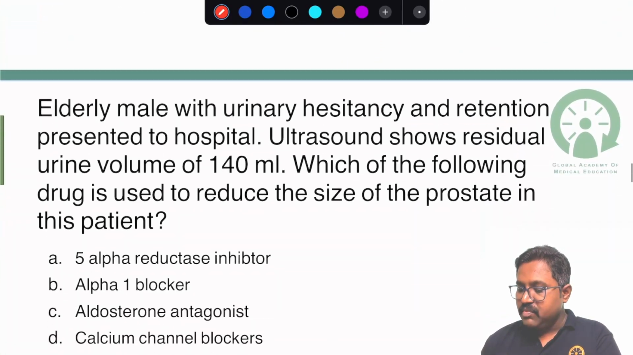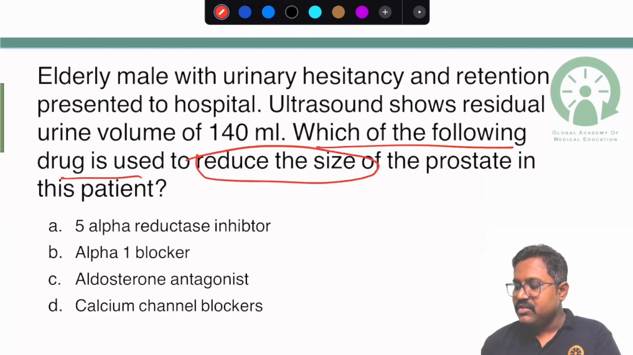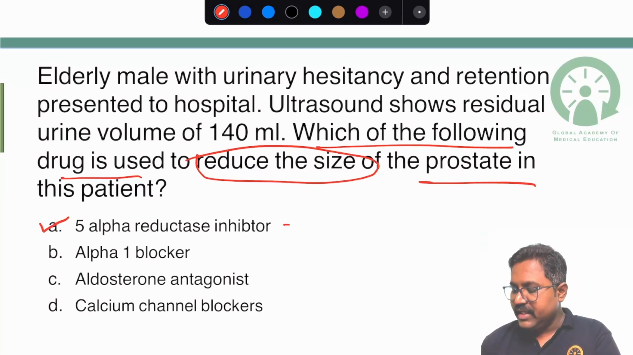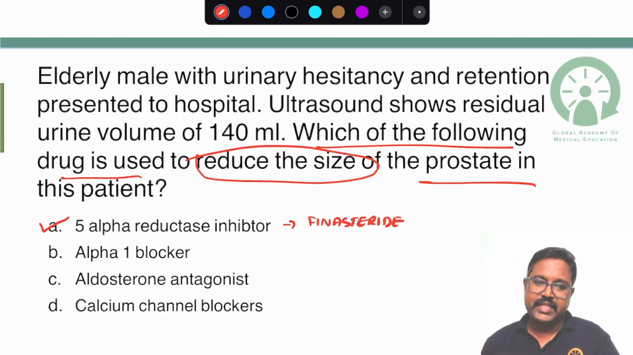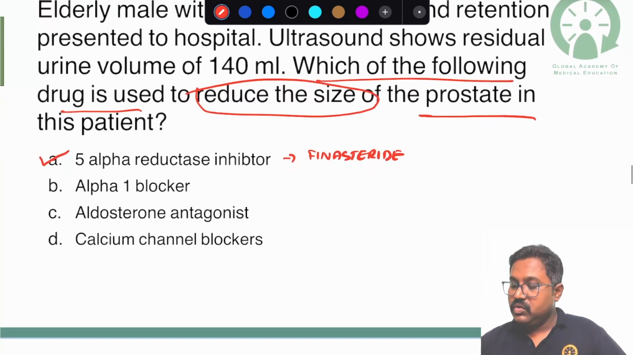If the same question is asked like, which of the following drug is used to reduce the size of the prostate in this patient, then your answer will be your 5-alpha reductase inhibitor. The example is your finasteride. So to make it simple, in case of BPH,